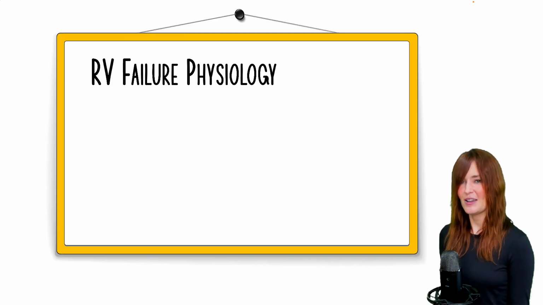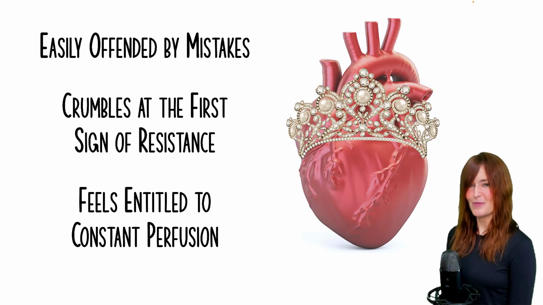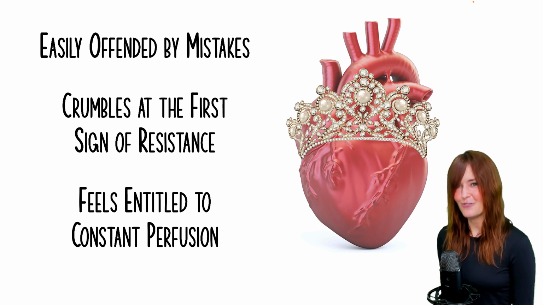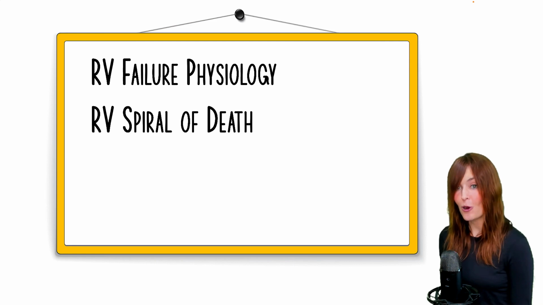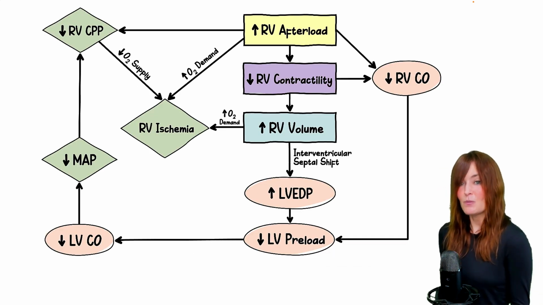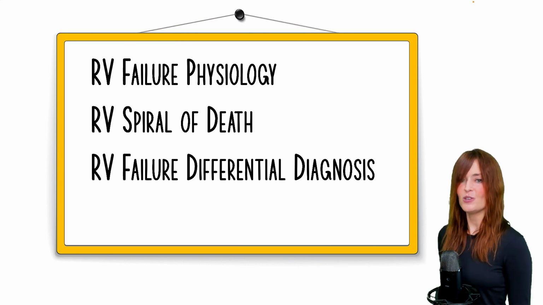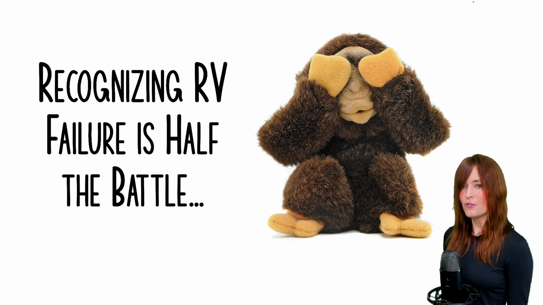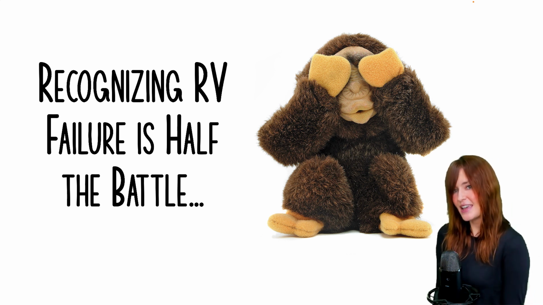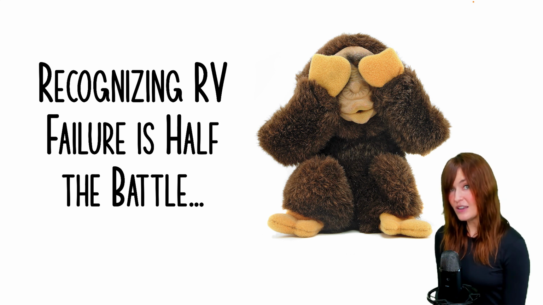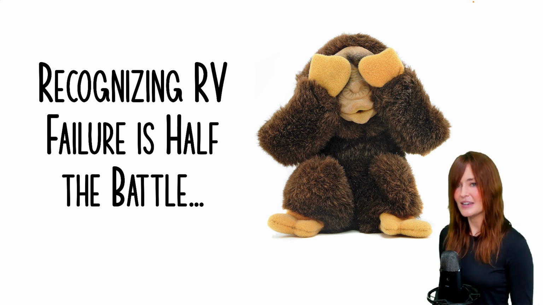So during this talk, we talked about the RV failure physiology, the key princess physiology of being easily offended by mistakes, crumbling at the first sign of resistance, and feeling entitled to constant perfusion. We talked about how that physiology all comes together with our RV spiral of death, and how that spiral of death can be set off by any of our etiologies. We talked about RV failure differential diagnosis, and how recognizing RV failure is half the battle, and how often common lab tests can lead you astray, and how we have to remember that the RV, unlike the LV, backs up into the abdomen, not the chest, and how we have to be very careful and thoughtful about how we interpret